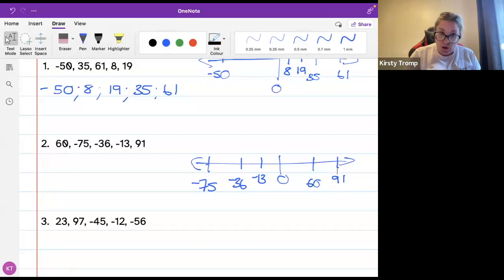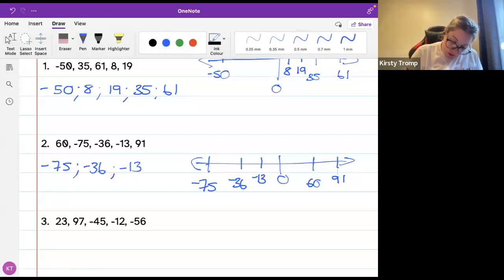So from the 0, we would go 1, 2, 3, 4, 5, 6, 7. But on the negative side, we would go 0, negative 1, negative 2, negative 3, negative 4, negative 5, and so on. So sorting it from the smallest to the largest, we're going to go from the left to the right. So negative 75, negative 36, negative 13,